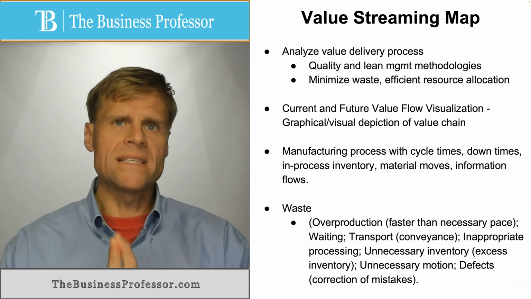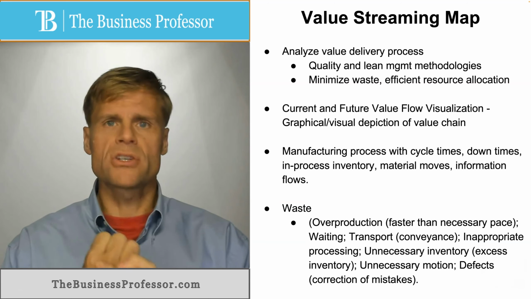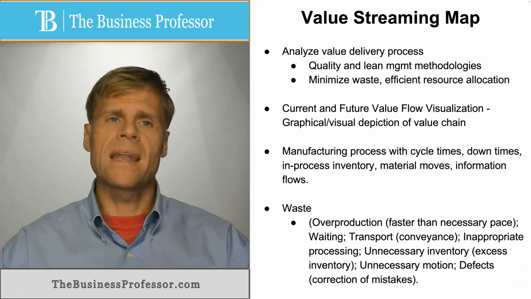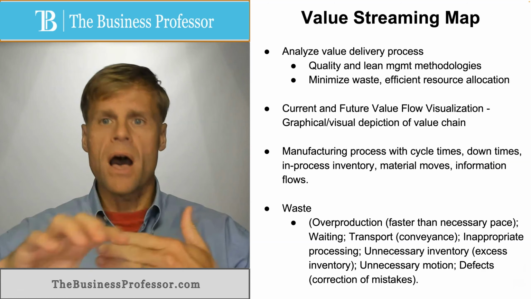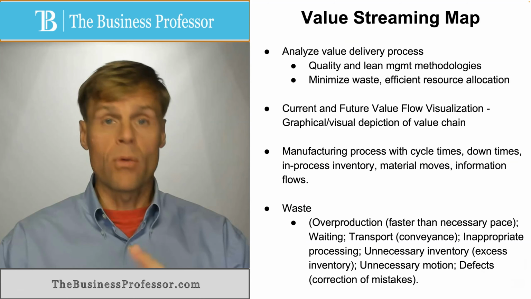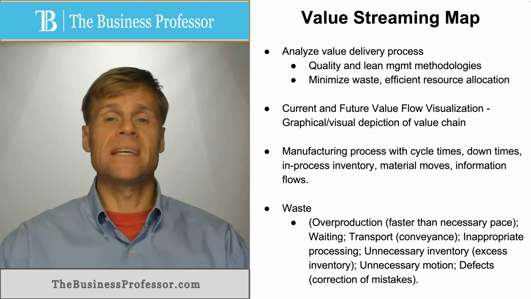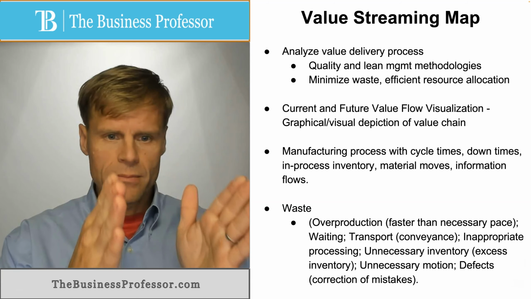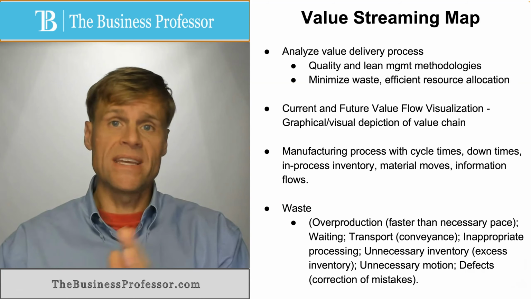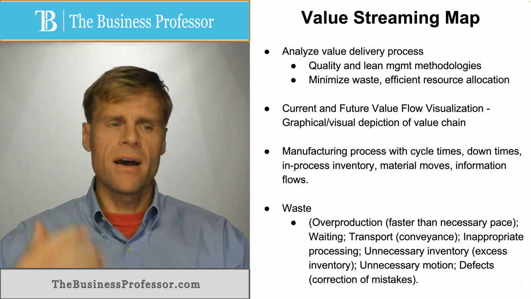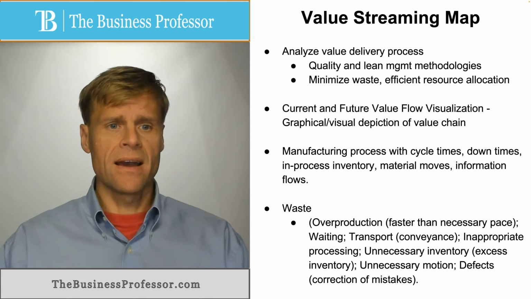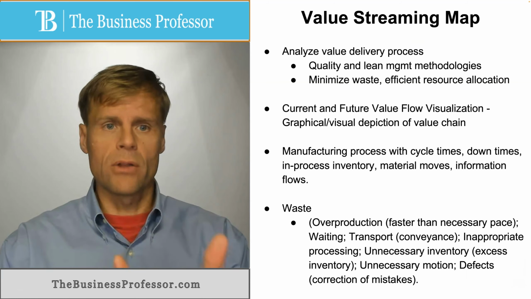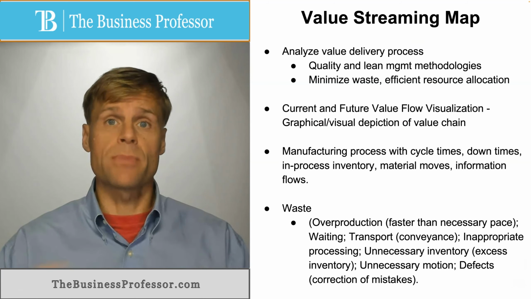But the types of waste identified are generally overproduction, or moving at a pace that's faster than necessary to meet operational requirements; waiting around, or downtime or dead time; transport time, oftentimes between machines or locations, also known as conveyance; inappropriate processing, that means doing things wrong or following the incorrect procedures as part of the process;